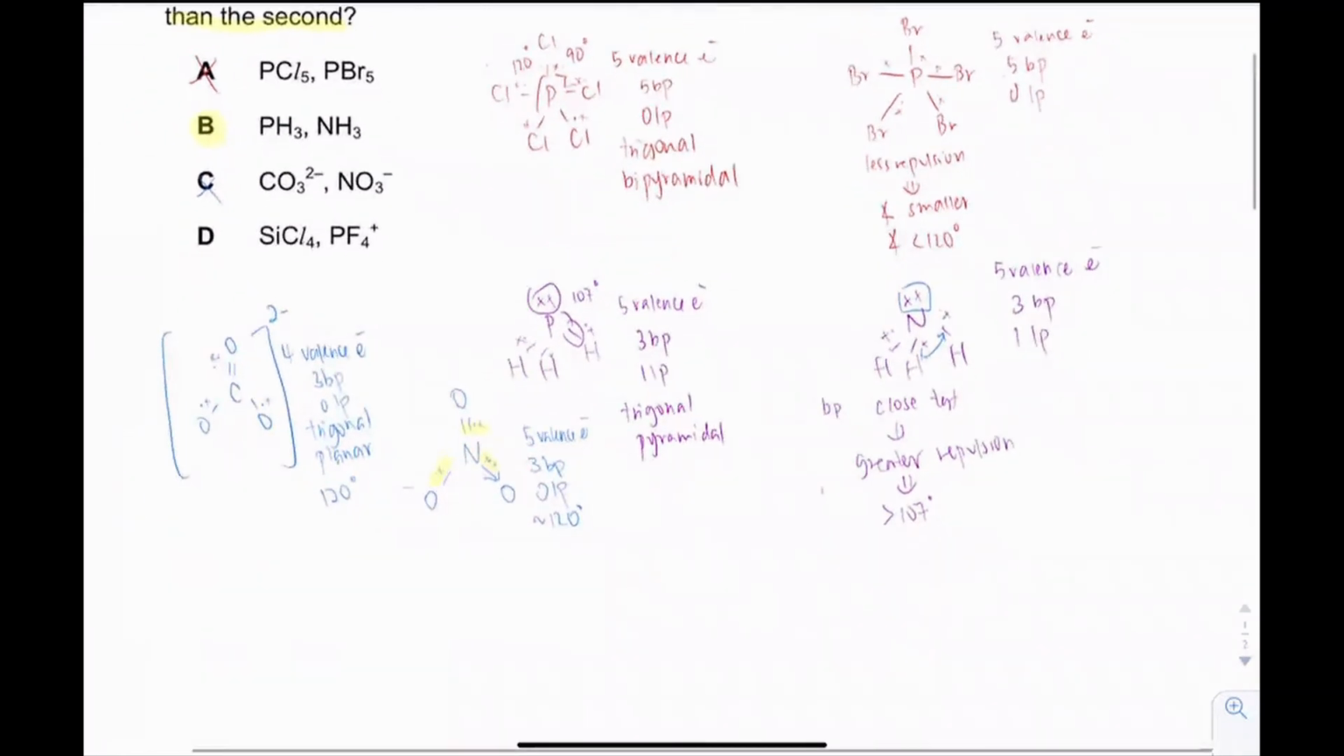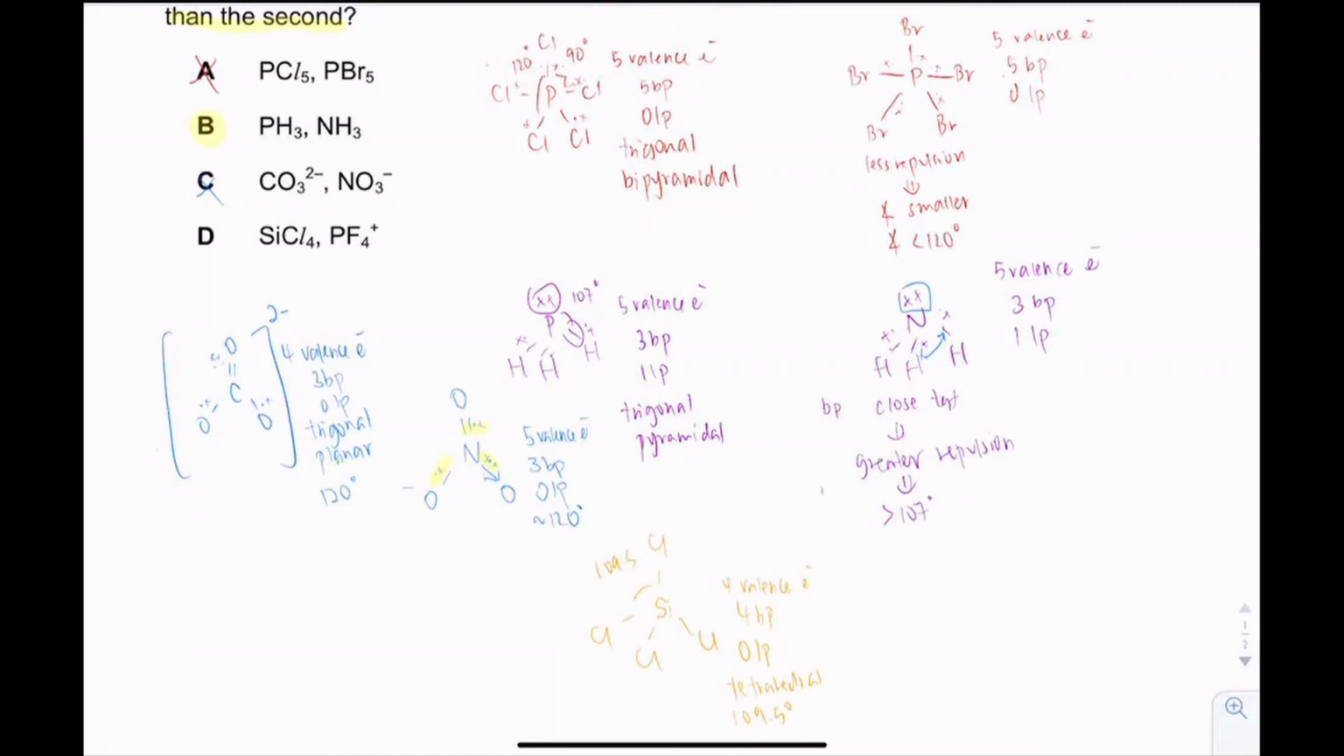And lastly, SiCl4. So Si has 4 valence electrons. So therefore, since it's bonded to 4Cl, there'll be 4 bond pairs, 0 lone pair. That will be tetrahedral with a bond angle of 109.5 degrees. So that will look something like that. Okay, and then